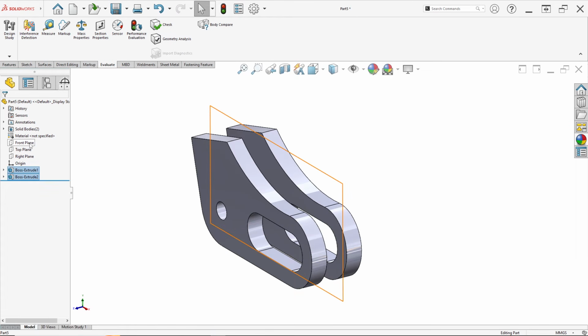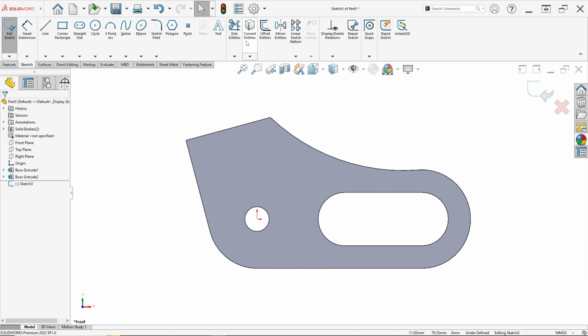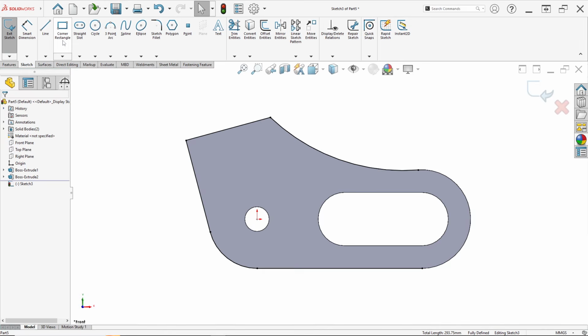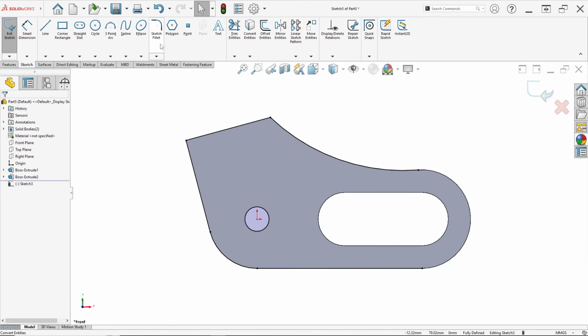Right click again on front plane and click sketch. Now we can click convert entities again, click this edge, this edge, this edge, this edge, and select this edge. Just click OK, and I forgot this hole in here. Click this circle and click OK.